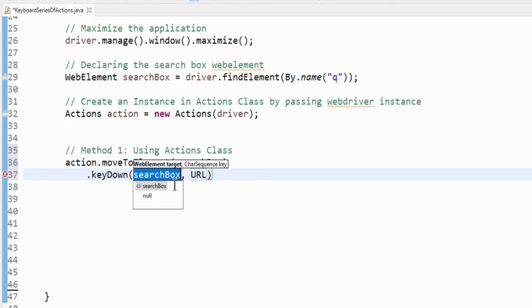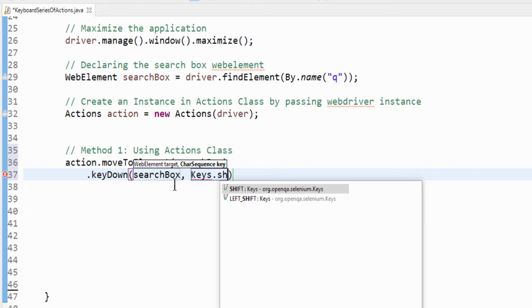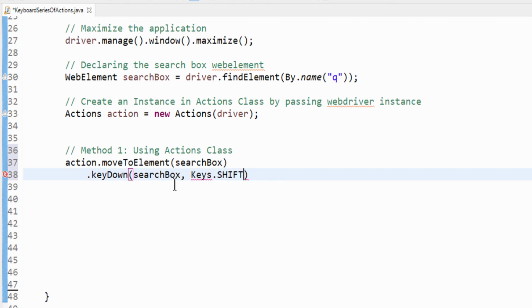I am going with the second one. keyDown in which object? In the searchBox object. What is the key you are going to press? It is Keys dot, you can use LEFT_SHIFT or SHIFT, anything is fine. I'm just going with SHIFT. Literally this is equivalent to pressing the Shift key on your keyboard.